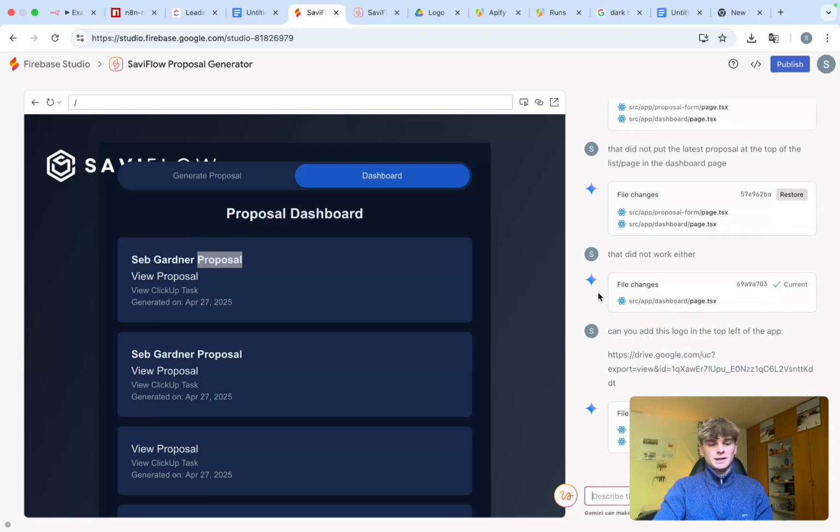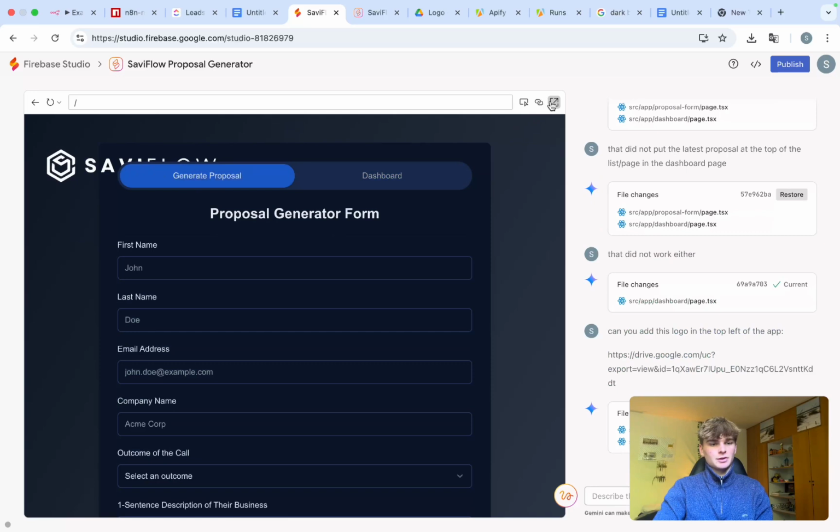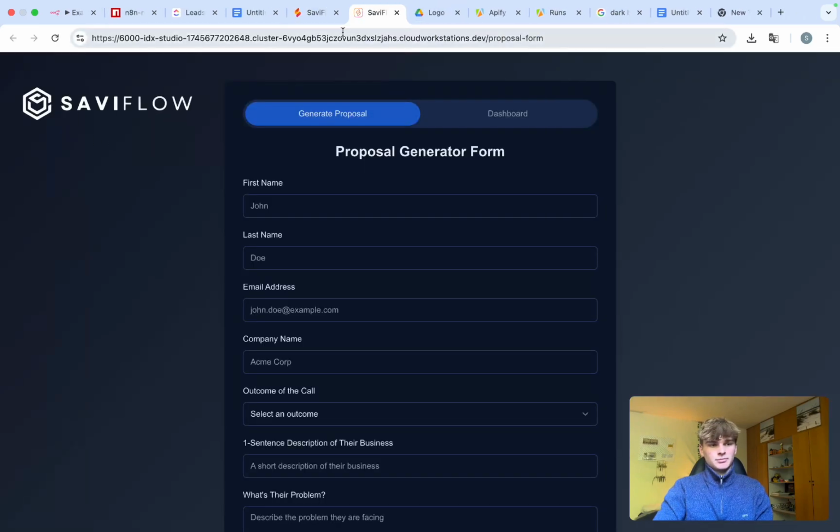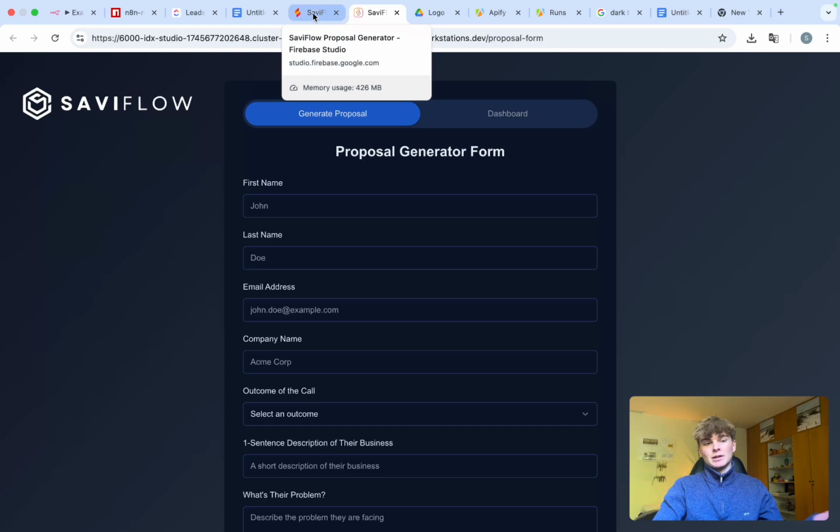So let's see what it does here. Yeah, it's stayed the exact same because it's the exact same link. Let's view this in a new tab. The logo is the exact same. But that's how you can add the logo to your applications, which,